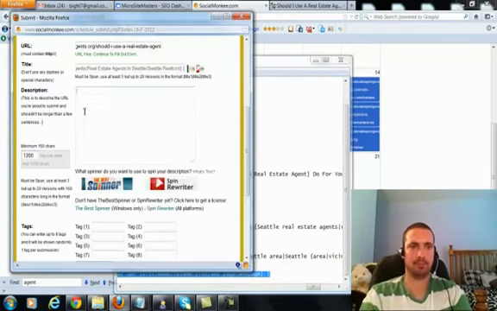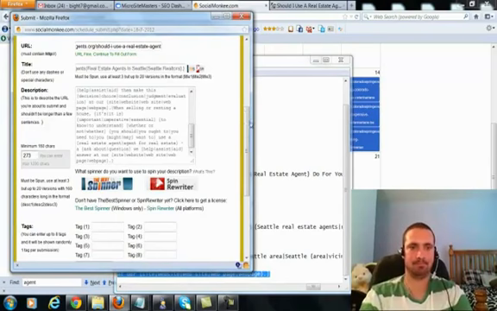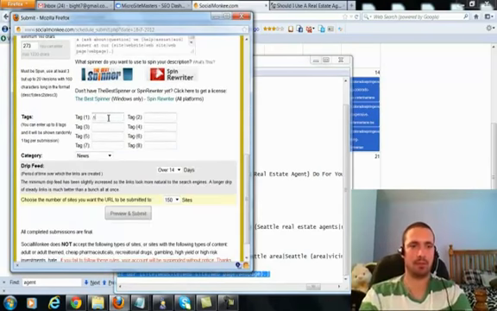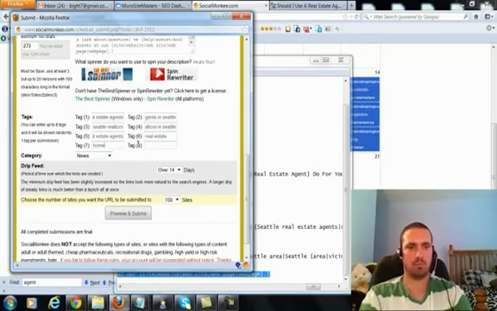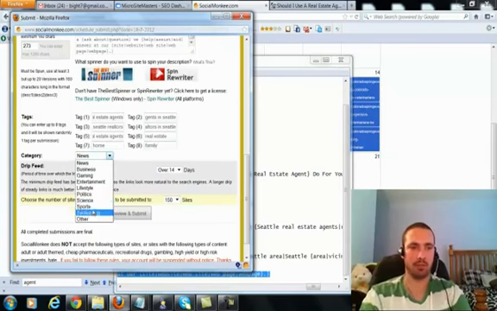Paste them in. And I'll do my tags again. I'm doing home and family this time, and the lifestyle category. And remember my tags here.